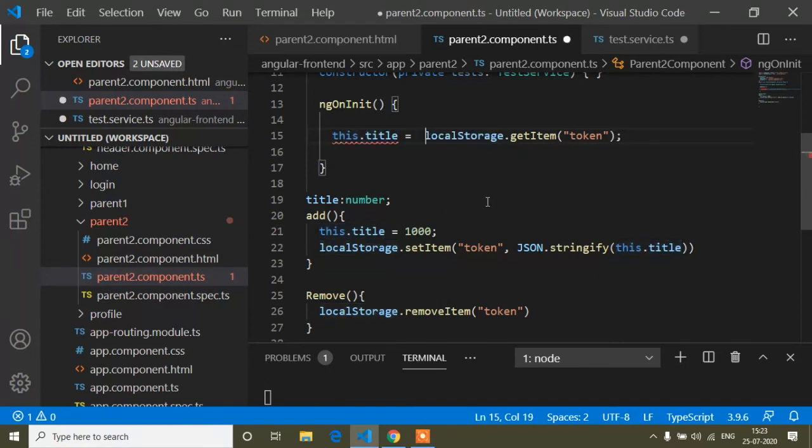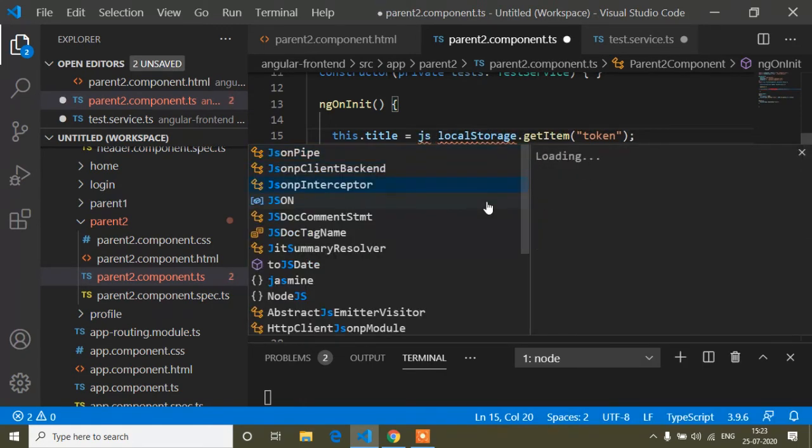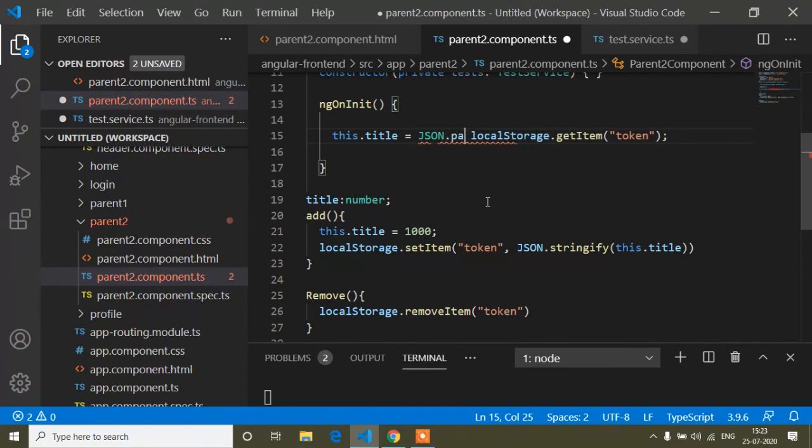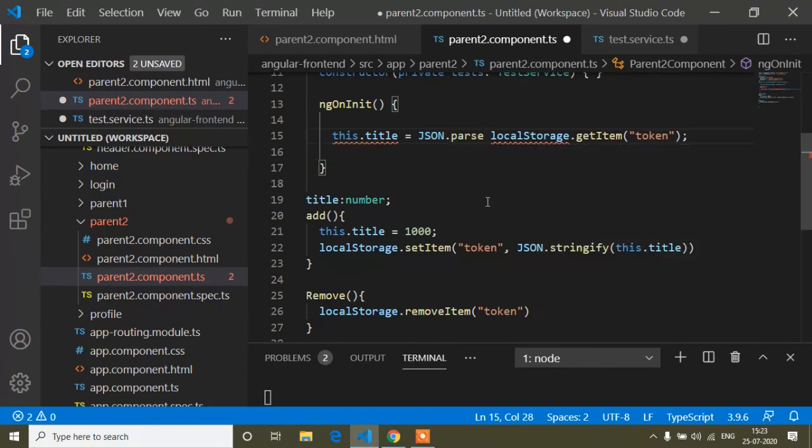So for that, here we will write JSON.parse and parenthesis, and inside this parenthesis I will just paste it here. Now you can see the error is gone.